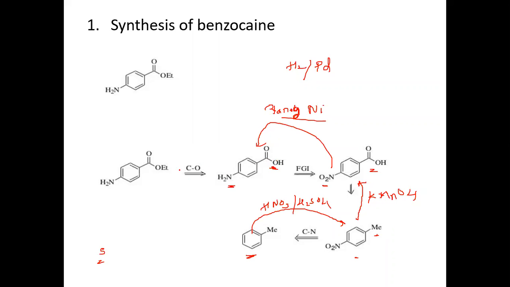Next thing, what is happening here? We are converting the acid OH into ester. What do we have to add? Simply you can add an ethyl halide, CH3CH2Cl. If you add it, what will happen? This O will act as a nucleophile. It attacks here, this will go away and we'll get this one. So this is the synthesis.